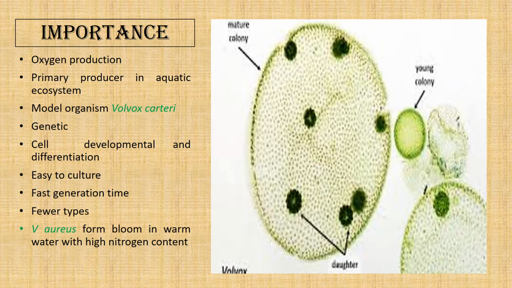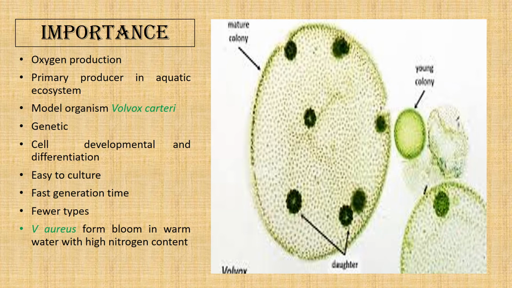So as far as the size of the Volvox colony is concerned, different species of Volvox have different numbers of cells in their coenobia, so their size also varies. Volvox aureus, for example, has a very small microscopic colony, but Volvox globator forms a macroscopic colony. Also, we know that as the colony center is filled with either water or the gelatinous matrix, they are very light, and so they are mostly planktonic.